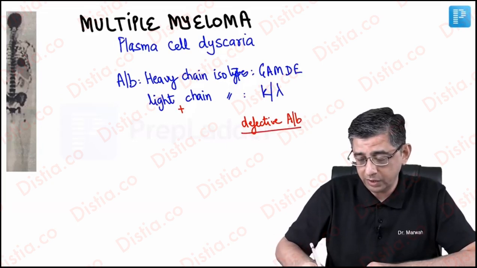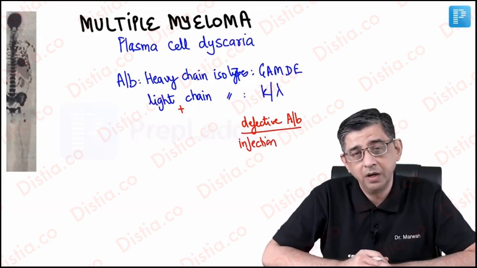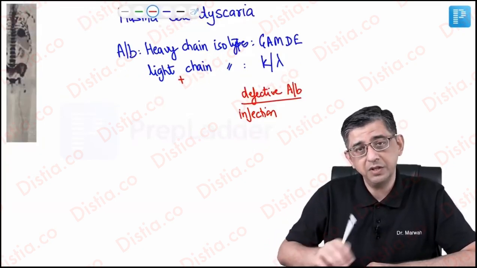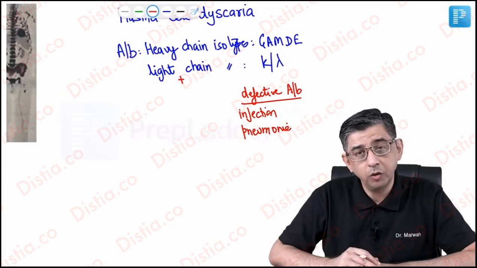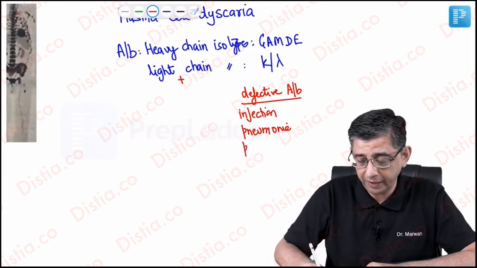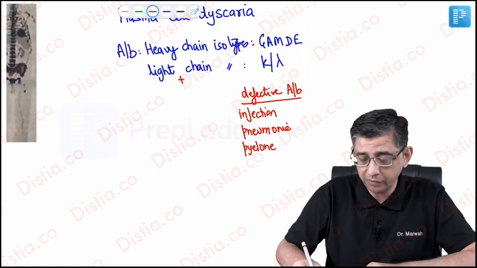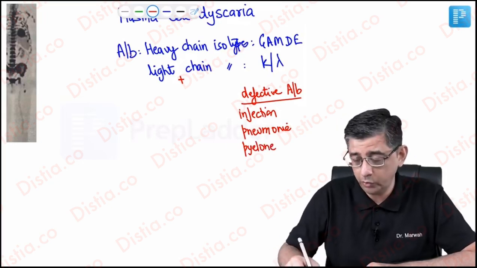So you will notice that the MCQ will ask, what is the leading cause of death in multiple myeloma? You will answer this as infection. There can be two possibilities: either this person could end up with pneumococcal pneumonia or could end up with pyelonephritis, which is also referred to in some MCQs as complicated UTI.